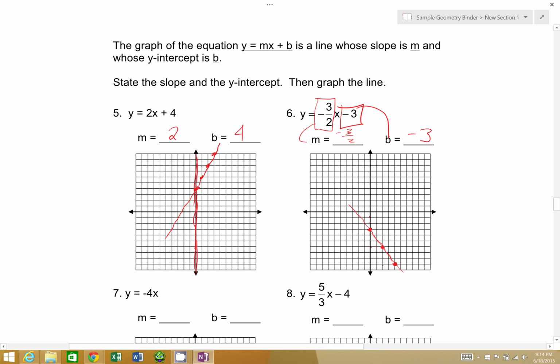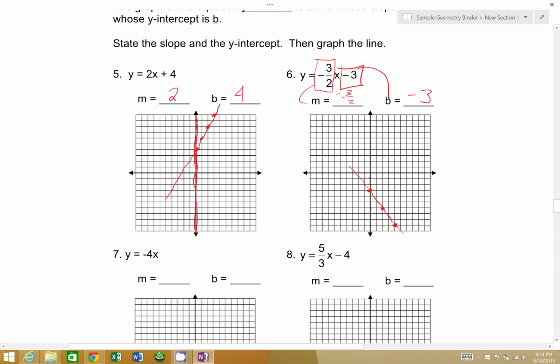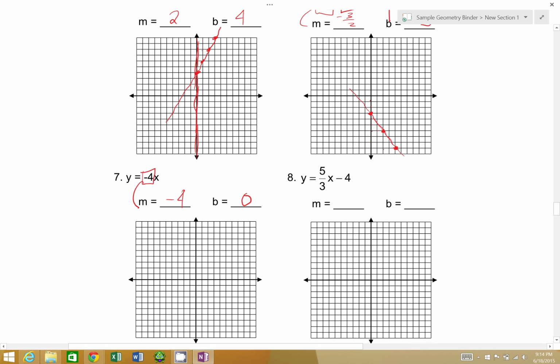So, this is interesting. Number 7 here. Very, very interesting. Y equals 4 minus x. So I look at what's in front of the x. That's -1. That's my slope. But there's nothing there after it. What am I supposed to do? Simply going to write a 0. Because if there's nothing there, there's nothing there. What am I supposed to do? Create a y-intercept out of thin air? No. They've given me a y-intercept. It's simply